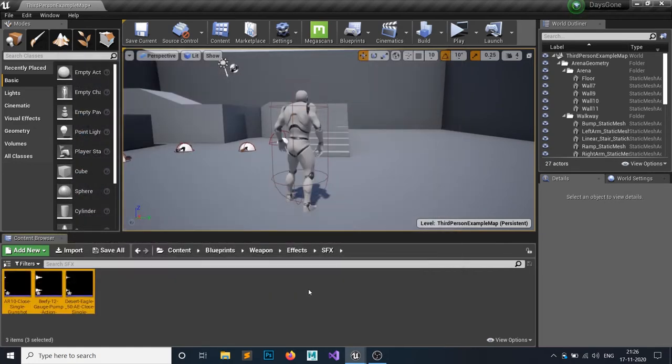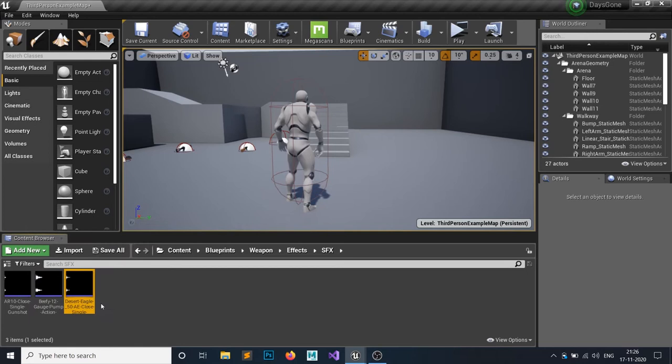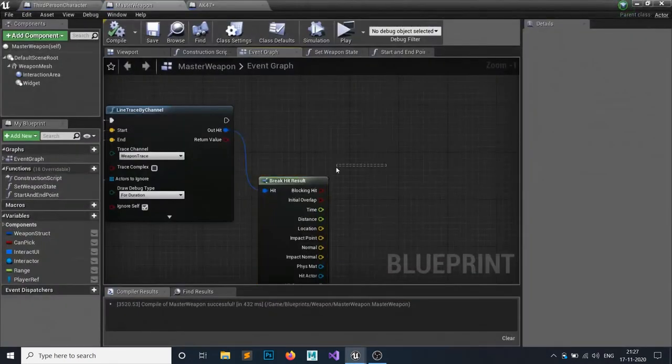If you don't have .wav files, then it won't work because the encoder won't do it. So all the gunshots are something similar to this. This one is for the shotgun, the assault rifle, and the single weapon pistol. So we have this. What else do we need? Well, we will do whatever else we need.